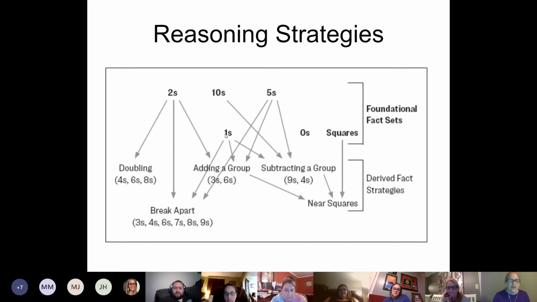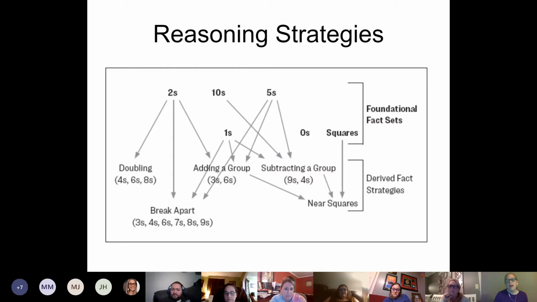And then we start learning our 1s, which is called the identity property. I'm sure you already knew that. And then we learn our 0s, which is called the 0 property. And then, just like Holly mentioned, we also learn our squares. We don't know why, but kids are just kind of attracted to the square numbers, like 3 times 3 and